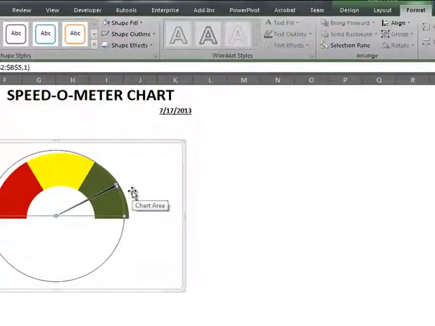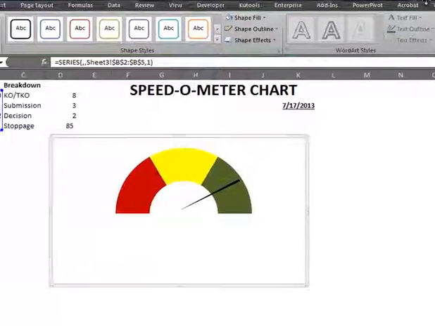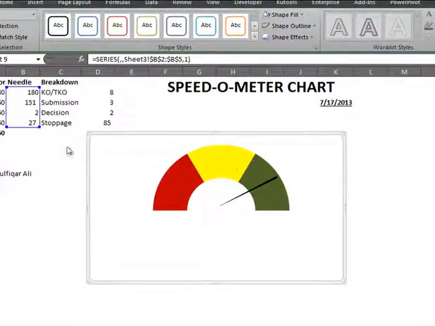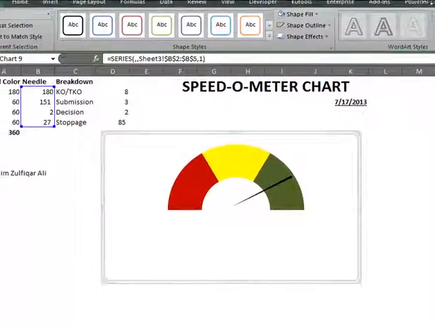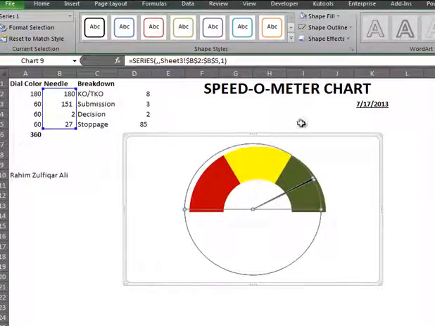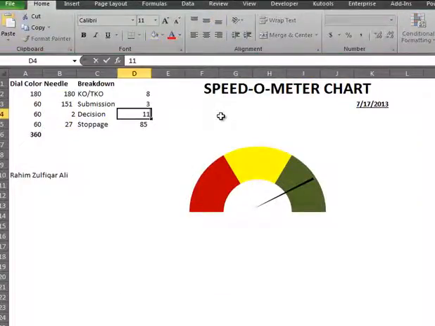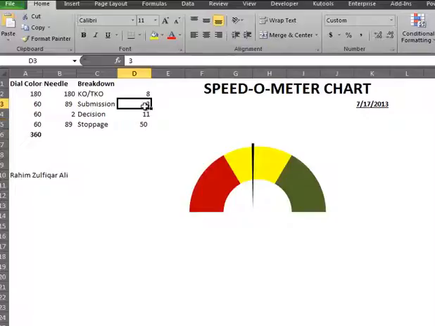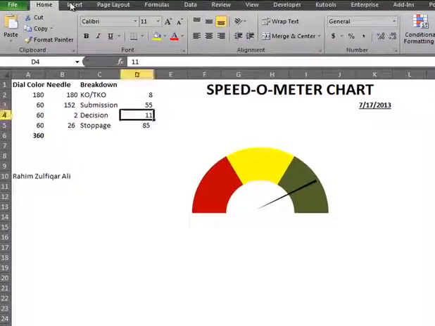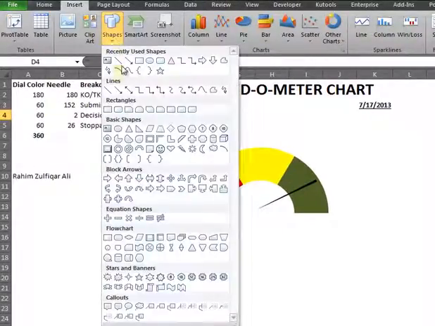We just combined a pie chart and a donut chart, and we just did our little tricks of no filling and compiling it, and now as soon as I change the figure here, it reacts, showing good performances and bad performances.